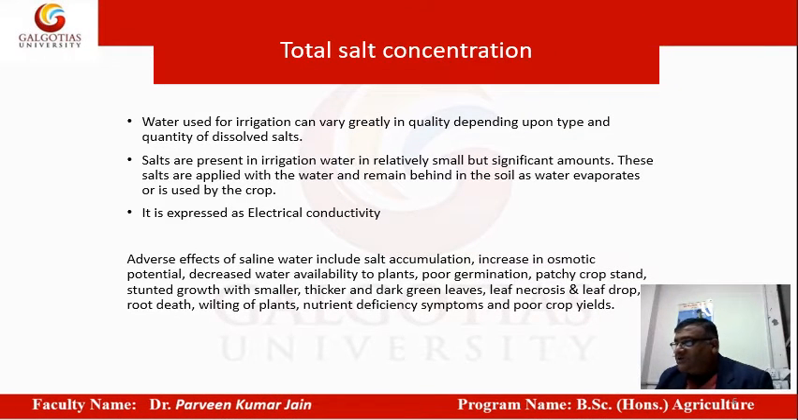We have the total salt concentrations. The water used for irrigation can vary greatly in quality depending upon the types and quality of dissolved salts. The salts present in the irrigation water are relatively small, but significant amounts are there. So what happens? When you are irrigating a soil with the water, these soluble salts also get to the soil, and once the water is lost